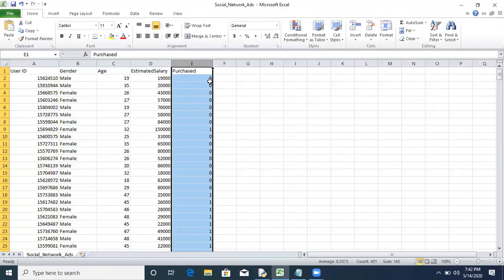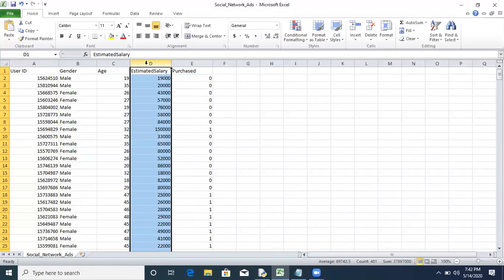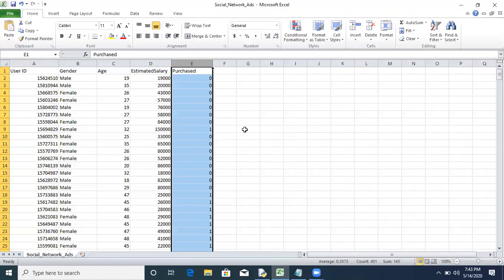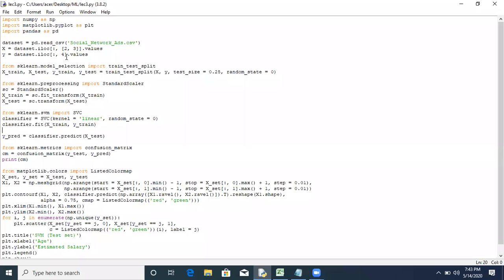If product is purchased, that means it is 1. So here we are considering only two columns, column number 2 and 3 as input, and column number 4 as the classification output. So this is X, Y is nothing but output, which is column number 4.